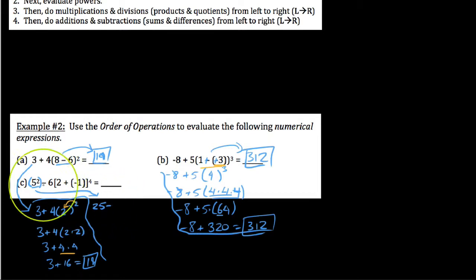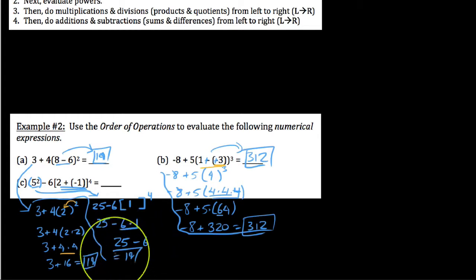And we notice that here we have minus 6 times, in terms of grouping, I have more grouping here, so we need to do what's inside our grouping symbols. We have something to the 4th. And in this case, we have 2 plus a negative 1. This is the same thing as 2 minus 1, so we would get a 1. And I like this one, and the reason why is because we say 1 to the 4th. We do our exponents next. 1 to the anything is going to be itself. So we say 6 times 1 to the 4th is 6 times 1 times 1 times 1 times 1, or 1. And now we can do our multiplication from left to right, 25 minus 6, and then last but not least, we would get